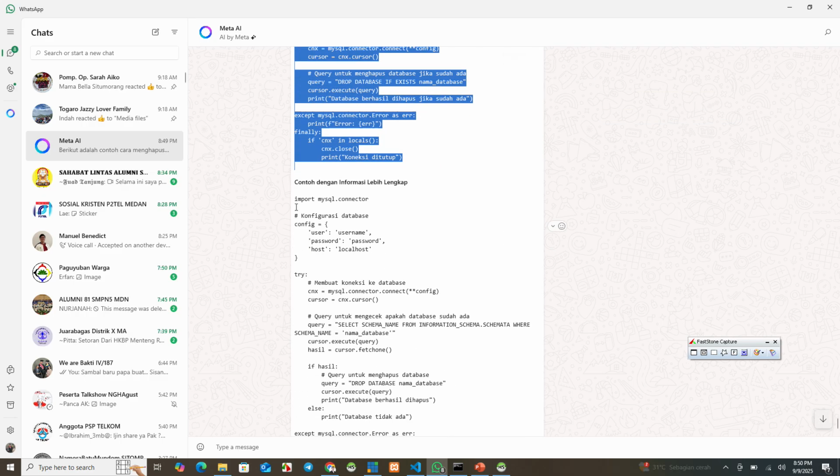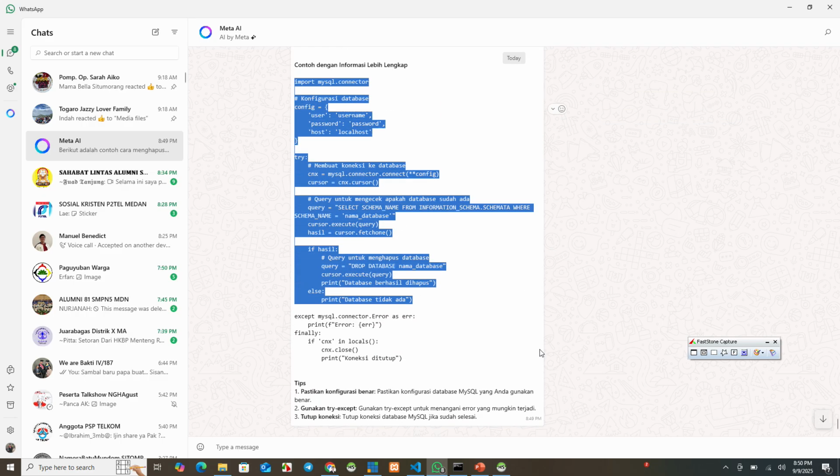This is the script. If the database does not already exist, it gives us information: we cannot drop database because database does not exist.